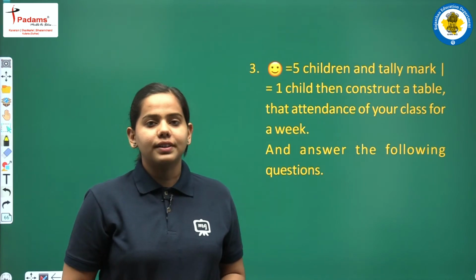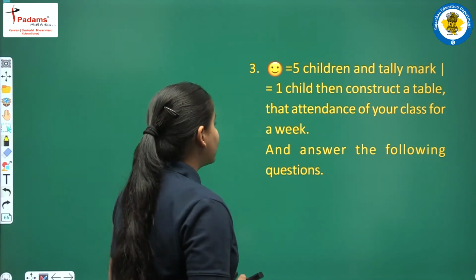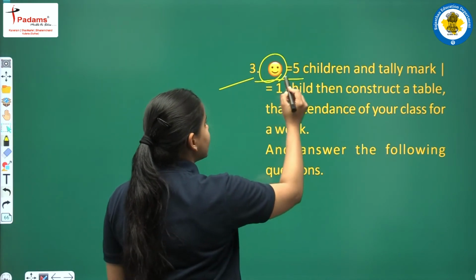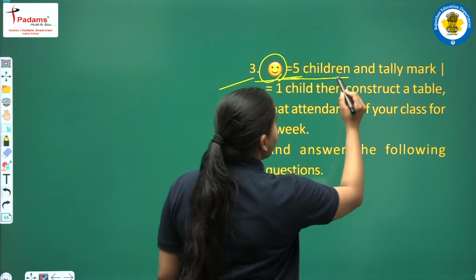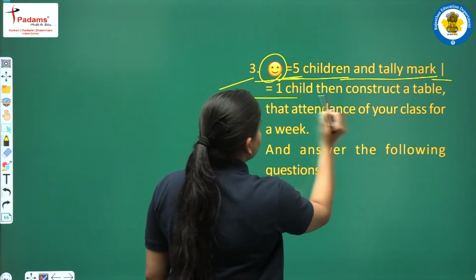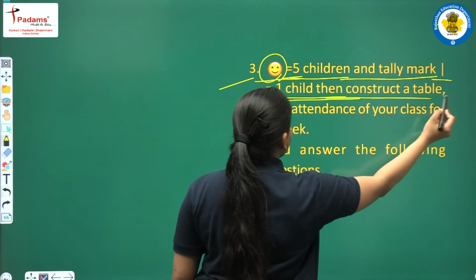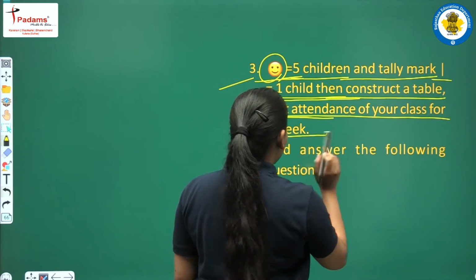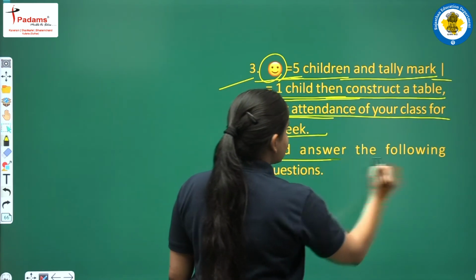It has also further 3 parts. So the question here is question number 3. There is a symbol, this is smiley. It is equals to 5 children and tally mark is equals to 1 child. Then construct a table that shows the attendance of your class for a week, and answer the following